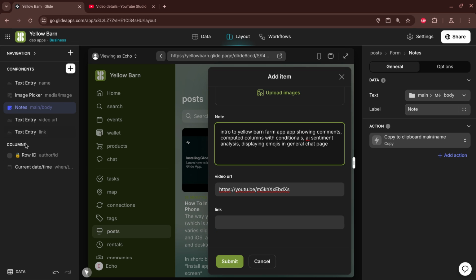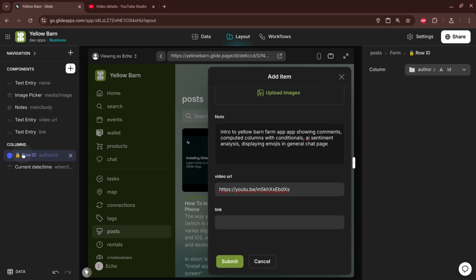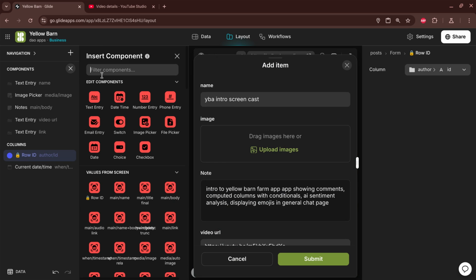There are components and then there are hidden columns. In this case, if you add a component, you have a whole bunch of widgets that you can use. These are the values. Anything with a bracket around it has hidden values. And in this case, the values from the screen would be, if I'm looking at a post in the main screen and maybe adding an RSVP to an event, then it would just pop up this slide-in thing, still have the main event as the